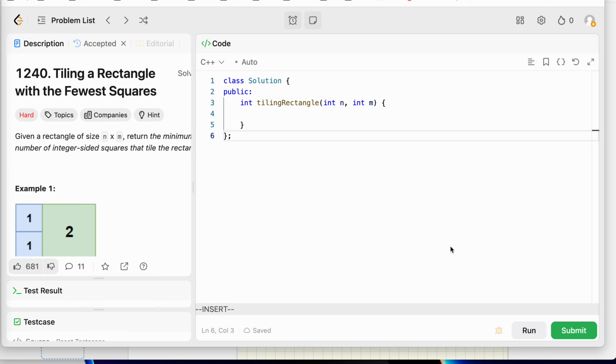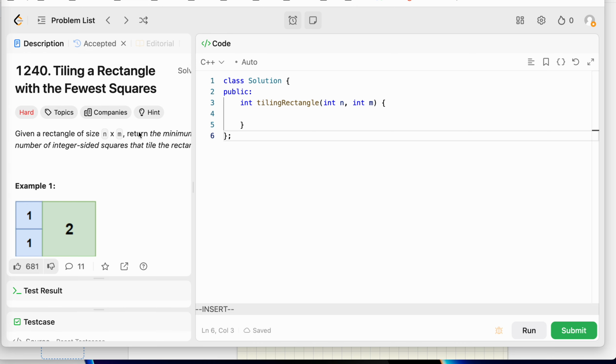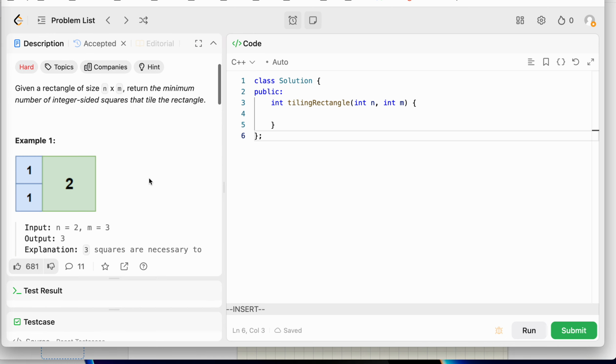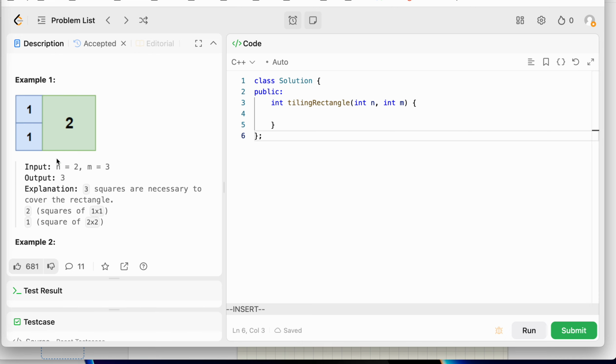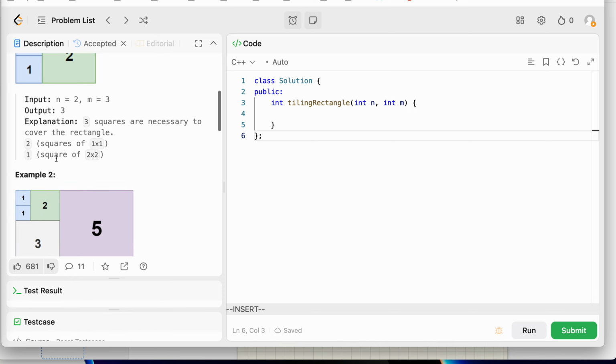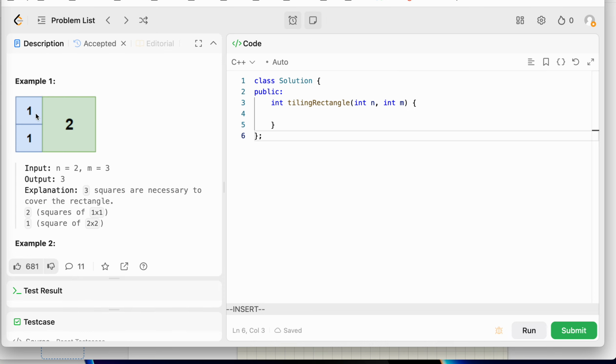Let's work on Leetcode 1240. This question is very interesting, and it is tiling a rectangle with the fewest squares. The question asks that given a rectangle of size n by m, we need to tile this rectangle with squares, and return the minimum number of squares we can use to cover this rectangle. This problem looks very horrible at first because